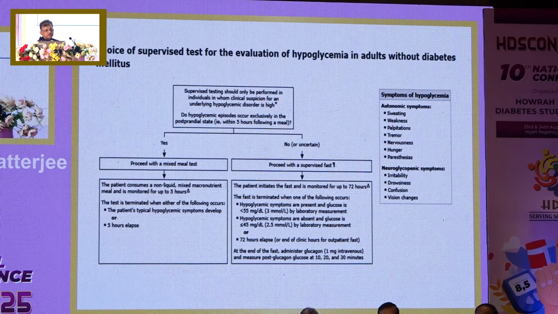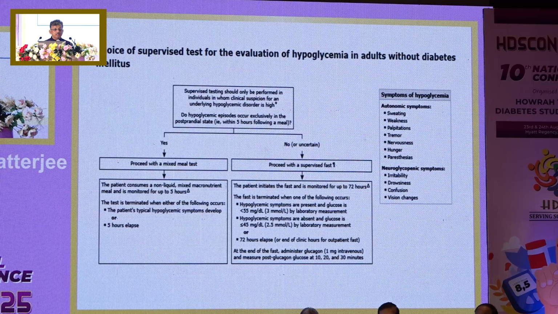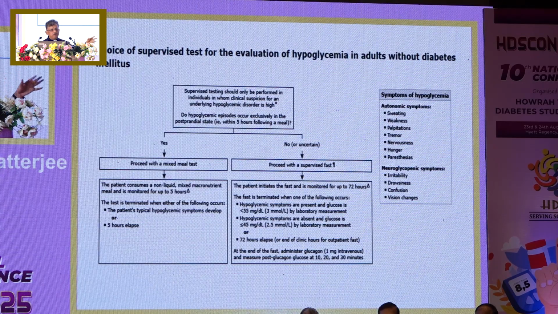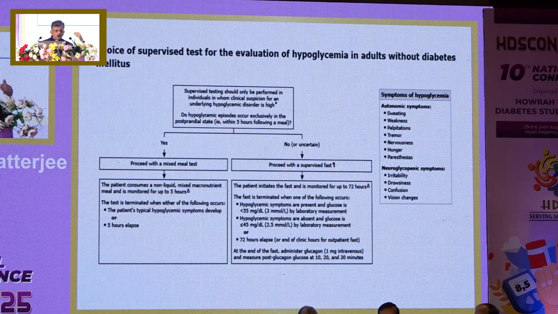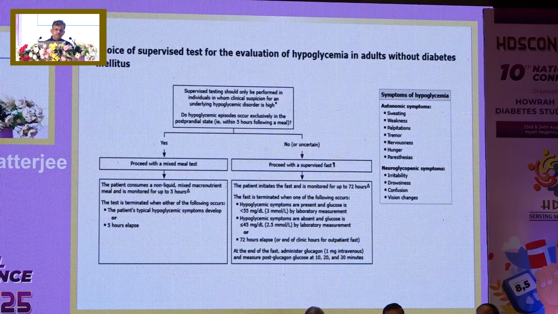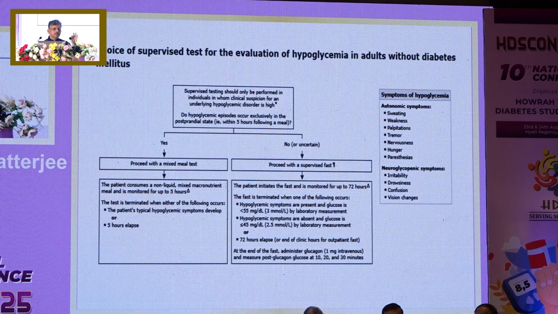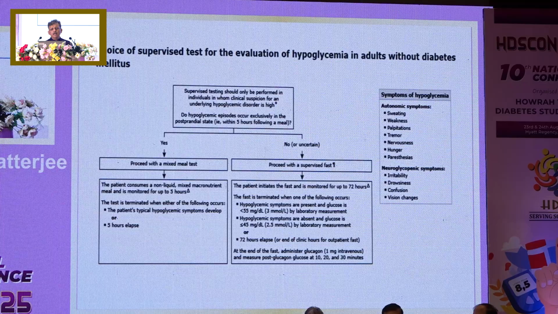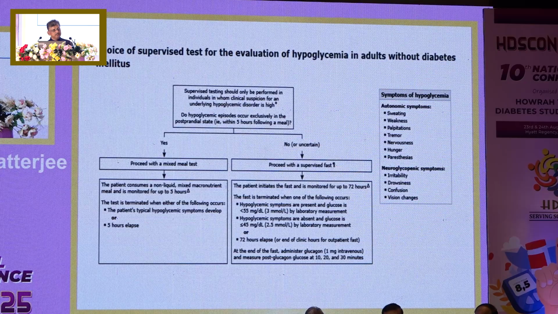So if someone has had an episode of hypoglycemia that has resolved, we want to induce hypoglycemia to know the cause. Mainly for those with postprandial hypoglycemia, as I have already mentioned, like post-gastrectomy, insulinoma or nesidioblastosis. A mixed meal test can be a differentiating factor, because nesidioblastosis and post-gastrectomy hypoglycemia can be precipitated by the mixed meal test. Whereas 72-hour fasting in most cases can pick out the insulinoma.